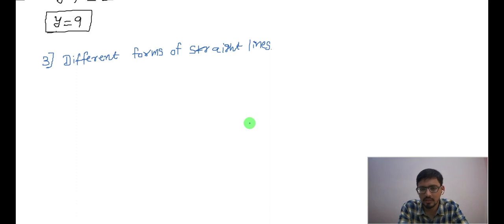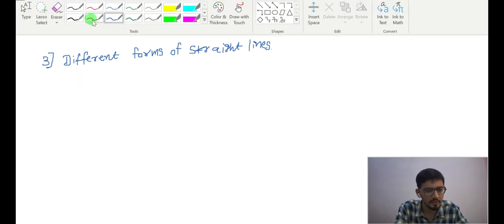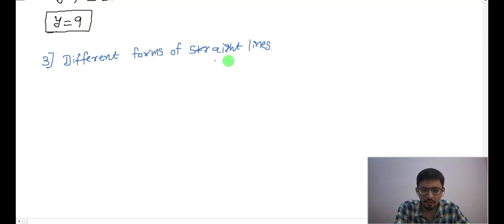One and two variable you will plot on the xy plane, which is known as the Cartesian plane, a 2D plane. If it is three variable, you will be plotting on the 3D plane, and so on. But one thing you should know: a linear equation is always a straight line. So the graphical scenario for the linear equation will be a straight line. So many forms are there. Based on what kind of information is given in the question, you will use these forms.